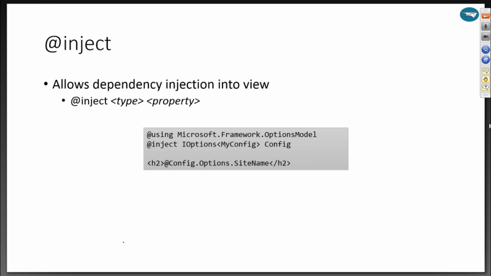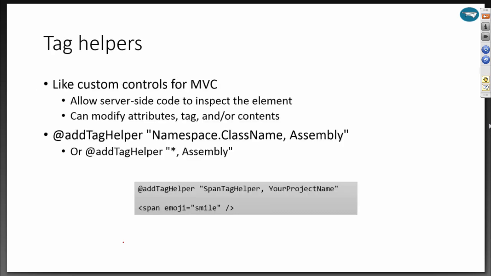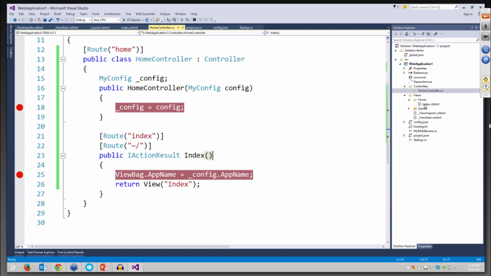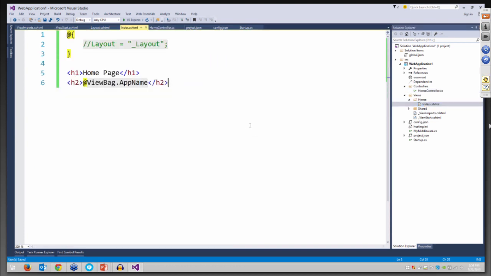So I mentioned injection as well, so you can do it in your views or in the controller itself. So here, let me talk about this next thing, which are called tag helpers. These are pretty interesting. Tag helpers are the replacement for HTML helpers. So we used to have like the using,